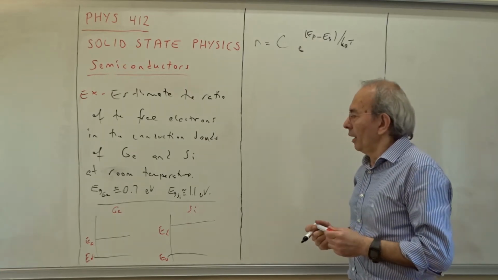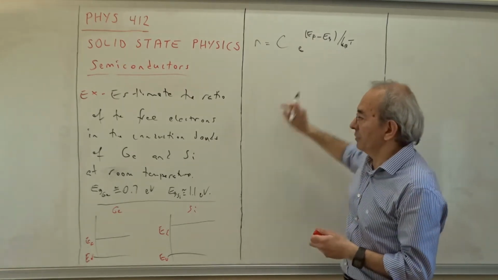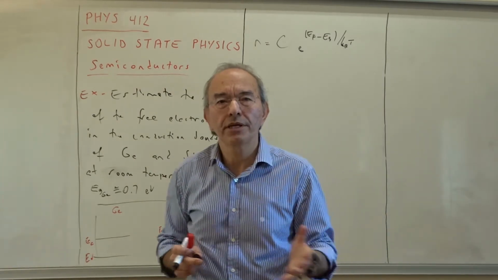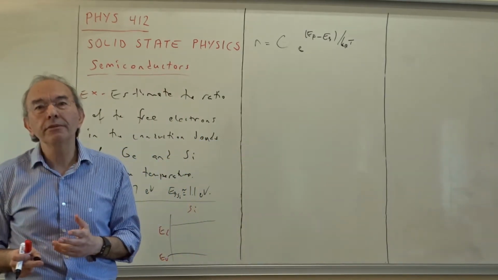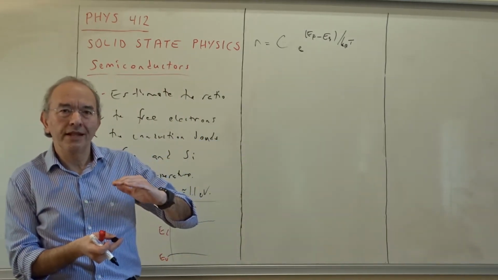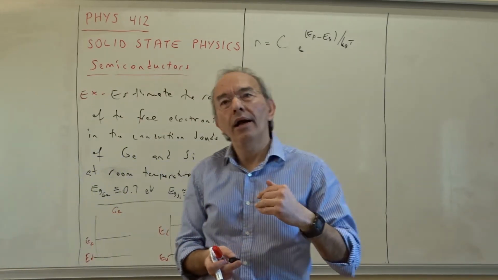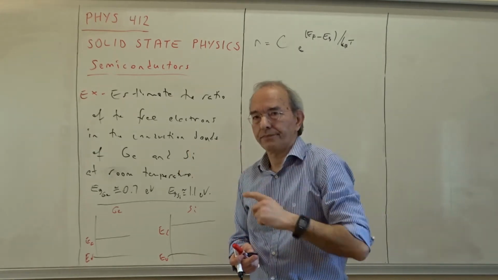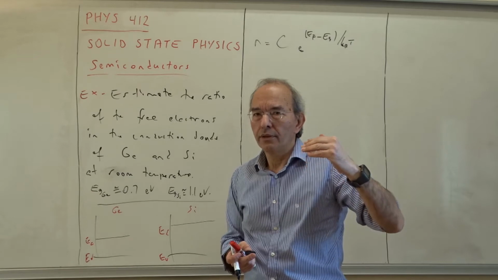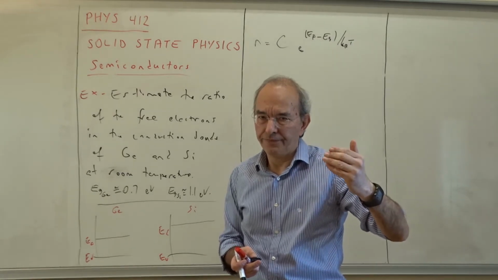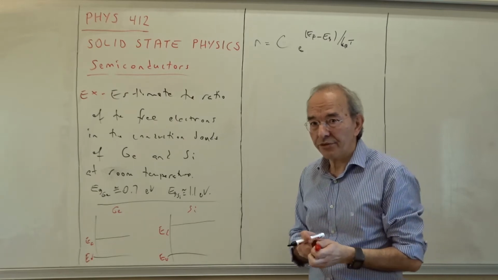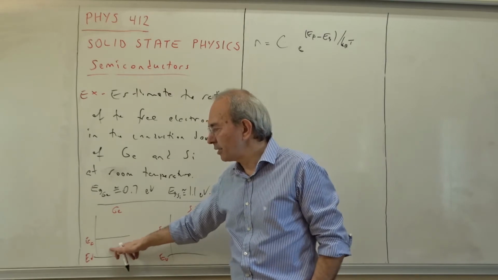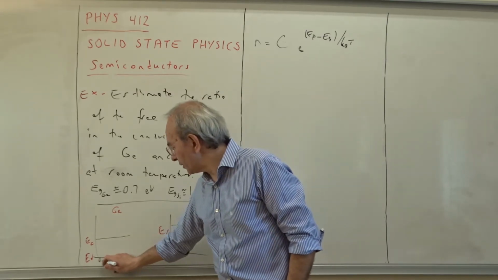Alright. Now what is EF? EG is given for both, alright, but what is EF? Remember, if you talk about metallic objects at 0 Kelvin, for example, it corresponds to the level of energy where the probability of finding an electron having that much energy is 1/2 or 50%. However, I had said in the previous lecture that it seems to be meaningless for a semiconductor because anyway there is a gap here. So these are, let me draw these